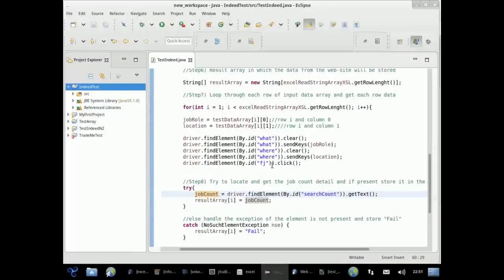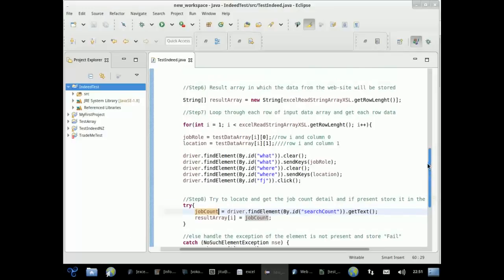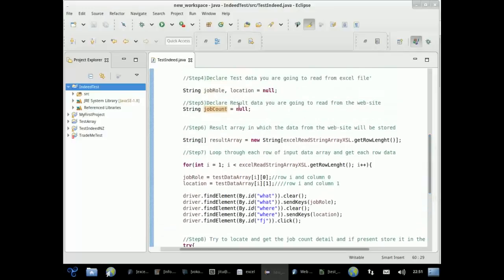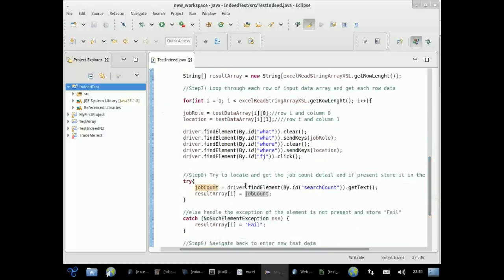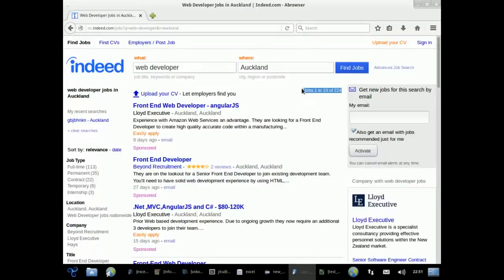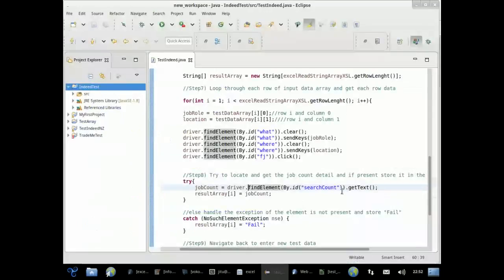You wanted the job count. We had already declared this variable before, if you recall, over here. So job count equal to driver dot find element by dot id search count. The ID for this was search count, if you remember. So this element had an ID called search count. And if the script finds that ID, then get the text, store it in job count, and now this